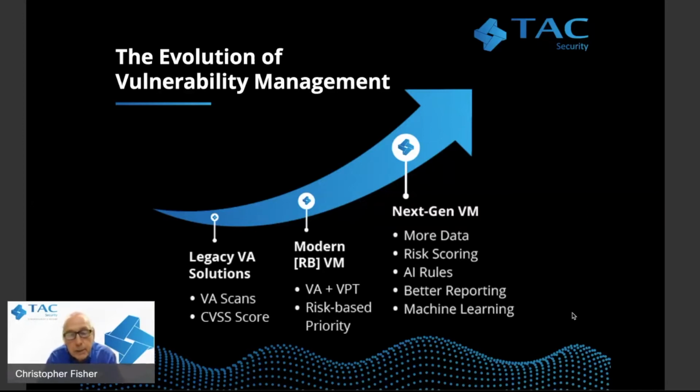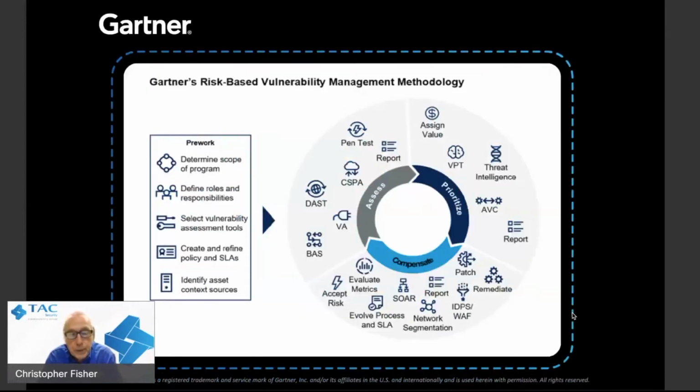And I'd like to go to the next slide and talk about this a little bit from an analyst point of view. On this slide, we're presenting Gartner's risk-based vulnerability management methodology. And you'll notice they call it a methodology. This is from their market guide to VA, which was published in 2019. And this is a holistic process, not a tool or a solution. And you know, as well as all of us do, that analysts like Gartner are agnostic when it comes to vendors.